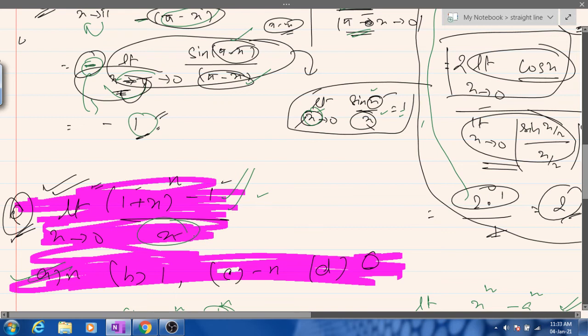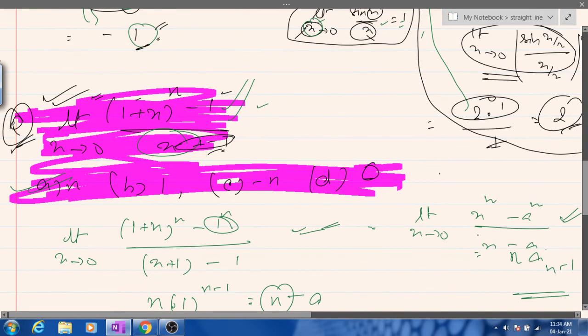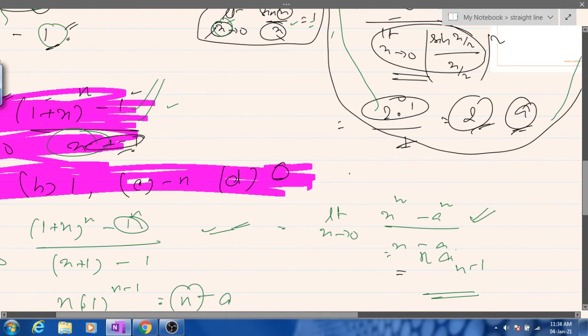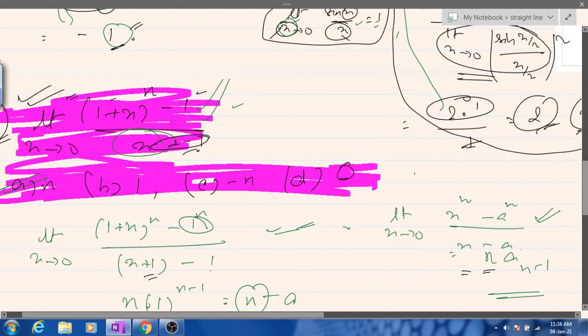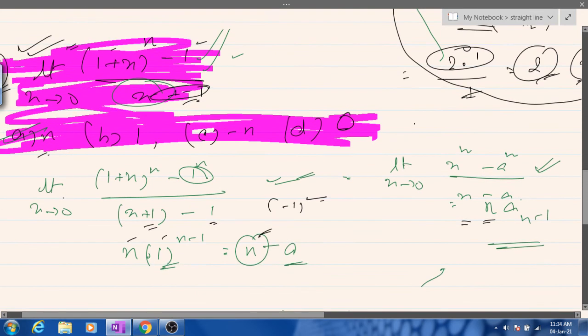X minus 1, x, you do a plus minus 1 out here, you will get the answer because of the property, this one. Okay, and a to the power n minus 1. Okay, that's it. You subtract and add plus and minus 1 out here, and now keeping in mind minus 1 to the power anything is 1. So your answer will be n, option number A. That's it for third numerical.